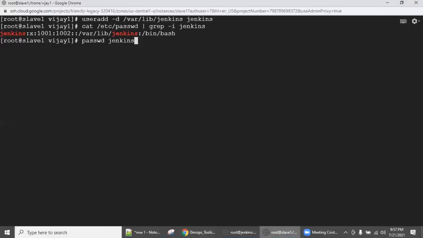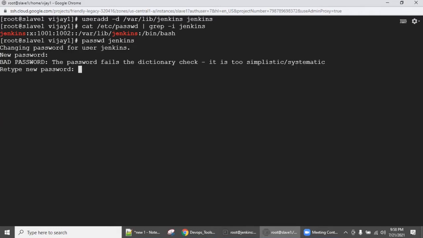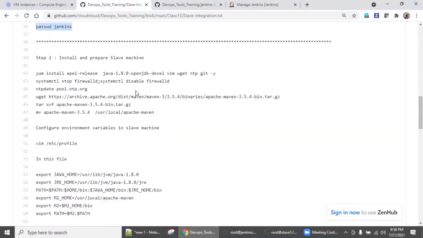Now set the Jenkins password. As I said, go with a very simple password. I am setting CNL12345, right? And then come down. We need to install a couple of things to make sure the slave machine also has all the compile and build tools, so it won't have any issues.